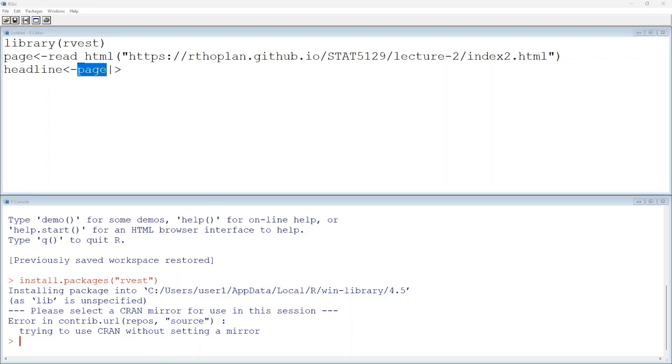So what we are doing here, I'm doing piping page, and I pass it to HTML element h1, and this as well I'll pass it on to HTML text2. Anyway, I will discuss that in next week, but I'm just showing you a quick way of how you can scrape data in a very, very simple way, how you can extract